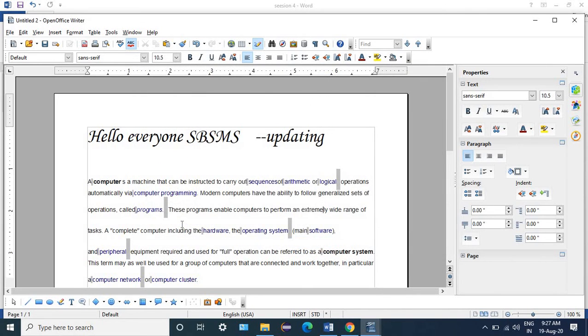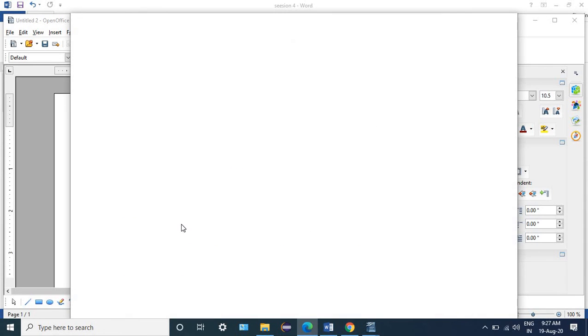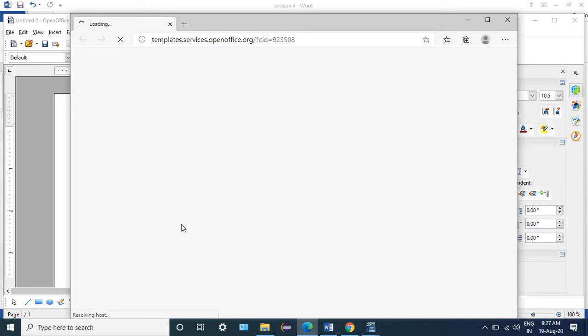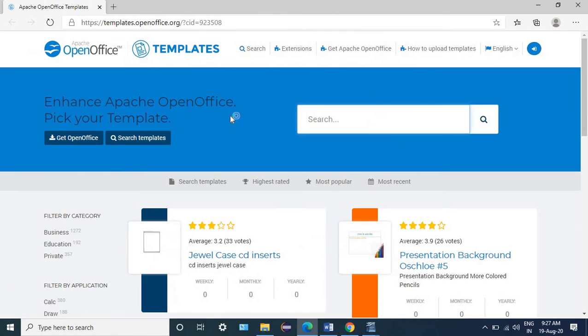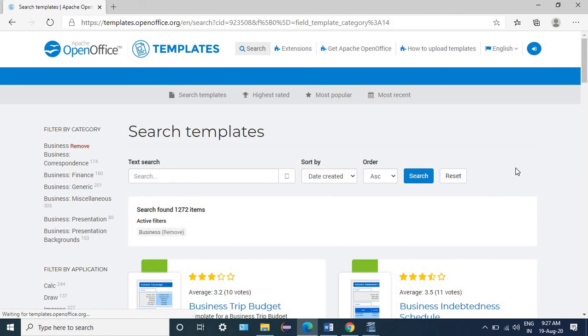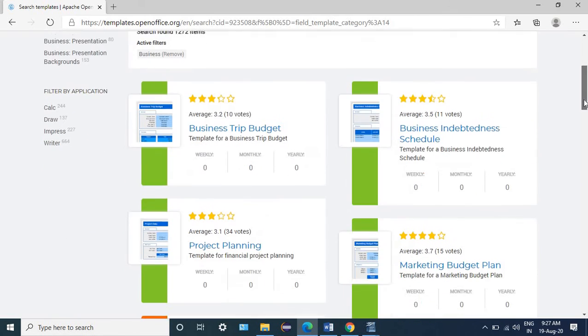So you can click on this option. It will open a Google link, an internet link, where it will show the predefined templates, whether related to letters or any legal document, that you can also take. It takes some time. Let's wait for it. So here you can search for any template. Class, here if you want to search, like here there is a business category. So when you click on this, all the templates will appear. Can you see the templates?